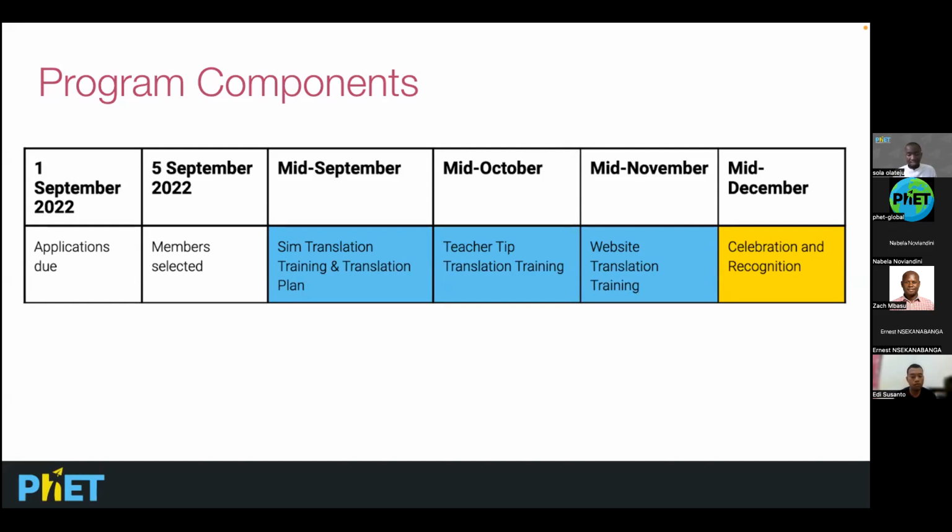So the activities of the network, the training or the active engagement portion of the network, is going to run for 3 months. But also, even from past networks, we still have members of the group continue to collaborate and work within our communities, but we do not have planned or scheduled calls anymore. We're going to learn more about that during the call. So activities run for 3 months from the middle of September